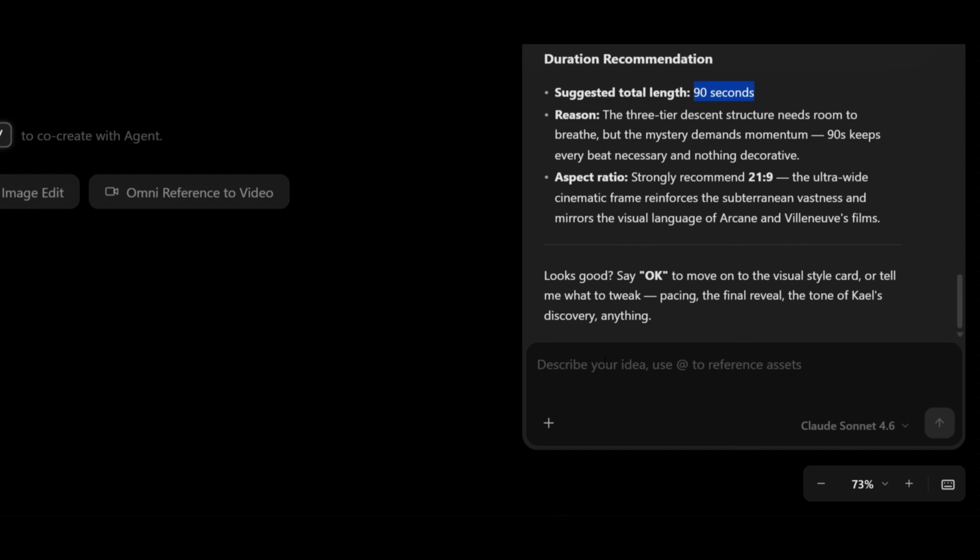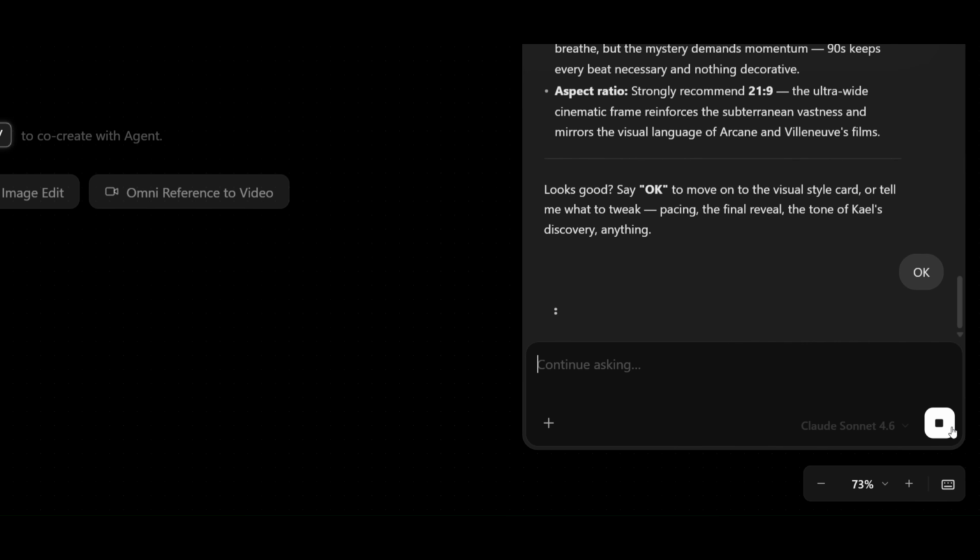At this point, the agent asks me to review everything and decide whether I want to make any changes. Of course, if something doesn't fit your vision, you can continue chatting with the agent and refine the story. So instead of making any adjustments, I'm simply going to approve it and let the agent continue to the next